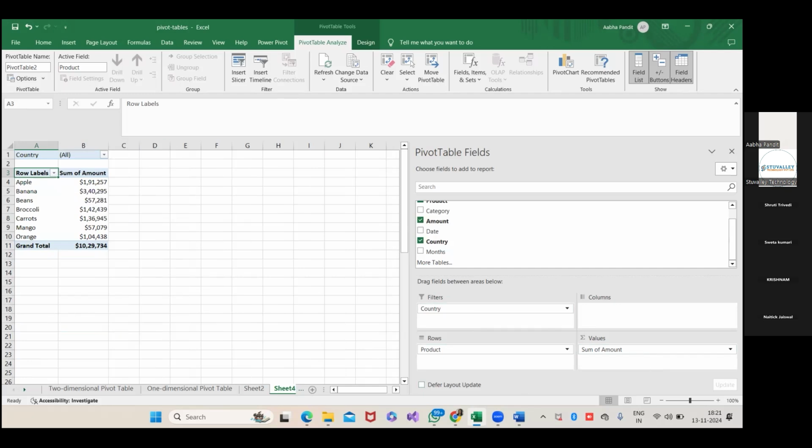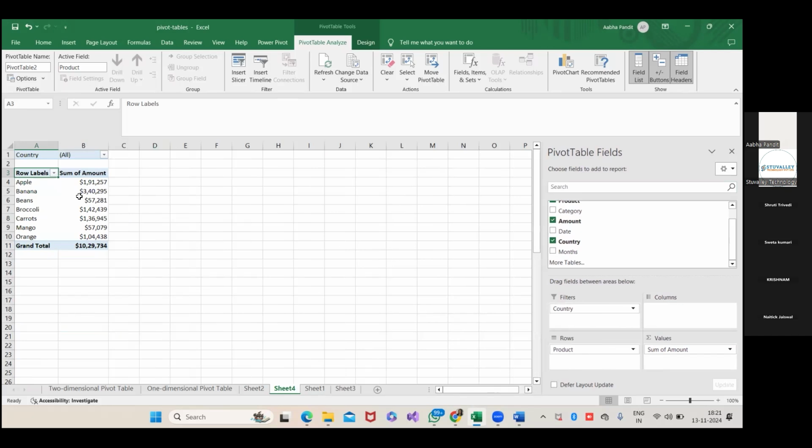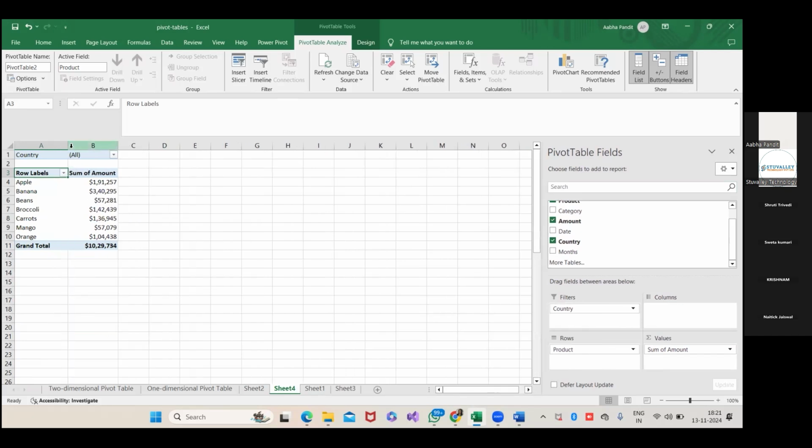Now if you just analyze, the analysis is to be done. So what is the role of all this pivot table? We will be analyzing our values based on the three significant parameters which we selected for the pivot table. So mainly the pivot table will give you a glance, at a time you can analyze. See, like your products. So these are your products. There are a total of 1, 2, 3, 4, 5, 6, 7. Total 7 products are there. And at the same time, you can also analyze what their total sum amount is.